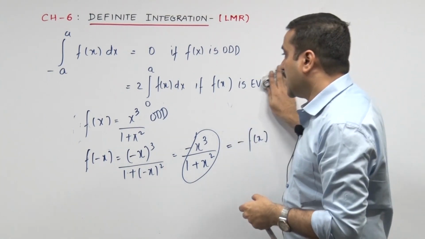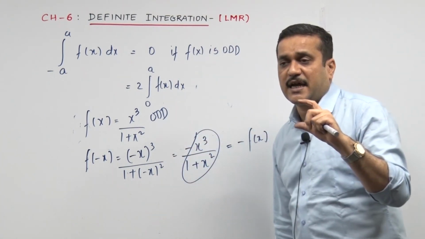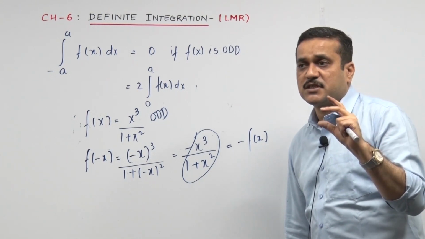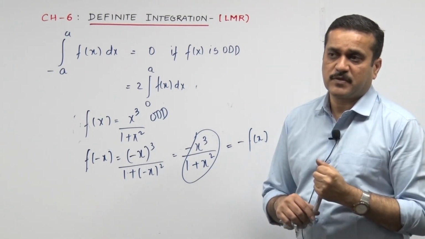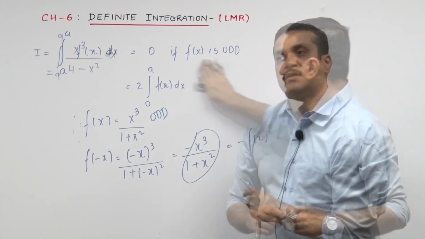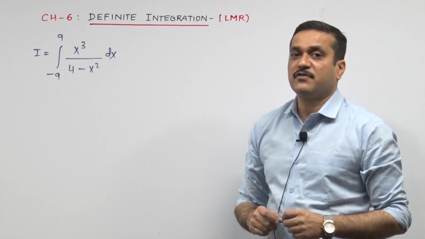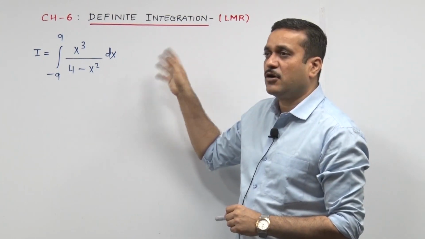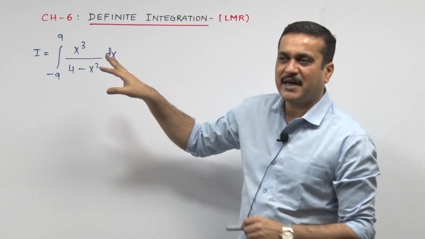So now give me a chance to bring in one sum on that, and let's see how we finish off solving that. That will be the last in this LMR session in chapter 6. So give me a moment to bring in that sum. So now the sum on that odd even function property 7. Now I saw minus 9 to 9. Now honestly we are not actually supposed to write I.